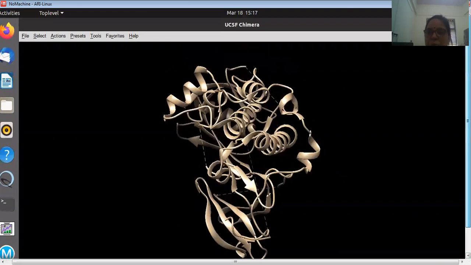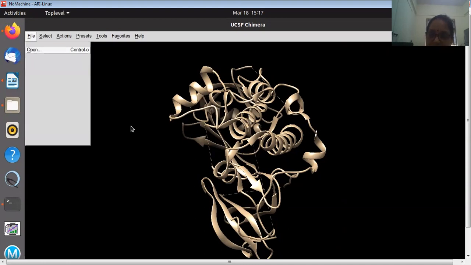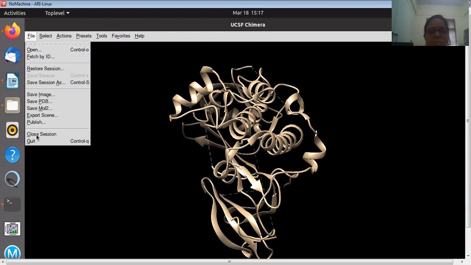And now you have to save this prepared protein by file, save PDB. Again you have to write the name. At this moment this function will not work. In the same way, you have to name it 5kcb_c_o.pdb. Underscore o means charges. Okay, so this protein is prepared for docking. You can use this protein n number of times for docking. So I will close the session because I have to go for the next step. Okay, so I will close session.